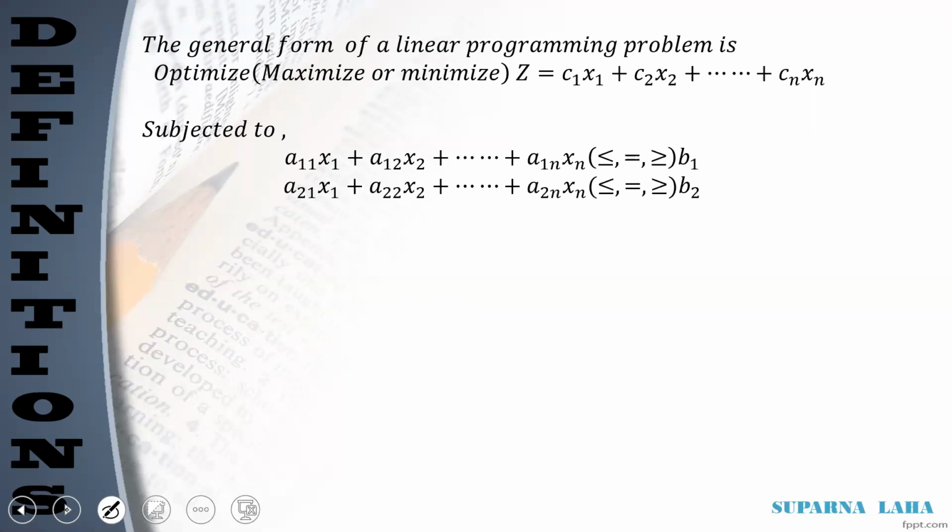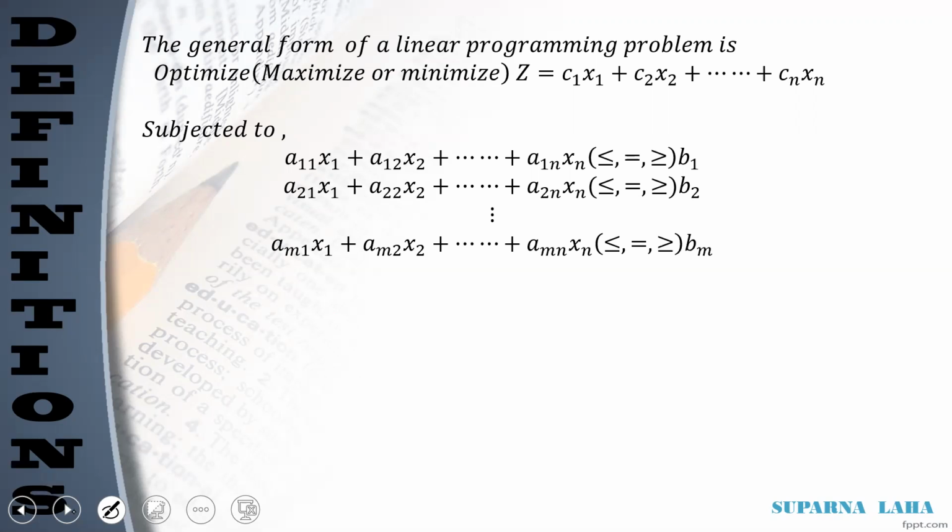And the second restriction is a21x1 plus a22x2 up to a2nxn less than or equal to or greater than or equal to b2. And similarly, we can take am1x1 plus am2x2 up to amnxn less than or equal to or greater than or equal to a constant bm,